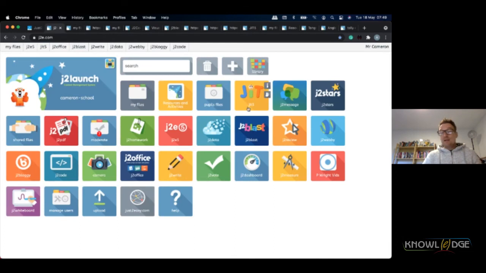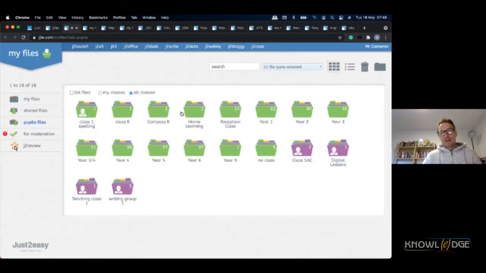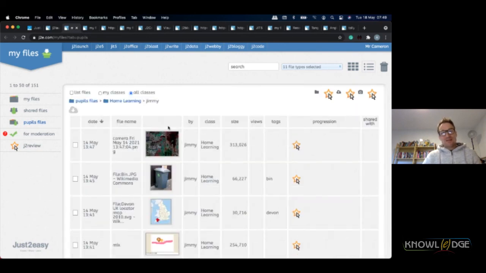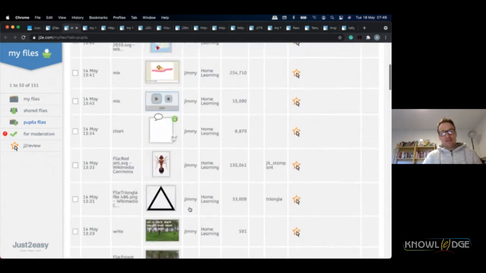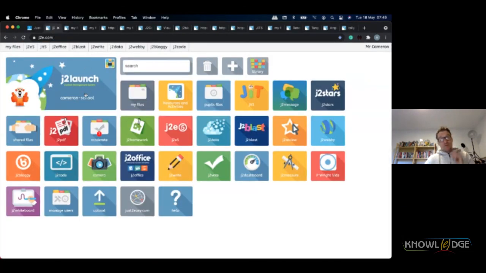And the great thing is you don't even have to worry about getting them to send you the document they are completing, because it always automatically shows it to you. You can go and see the pupil files, see your class, see your students and their work, whatever work they have been doing. It automatically compiles that for you, so there's no need to chase it. If it's not there, it's because they haven't done it.